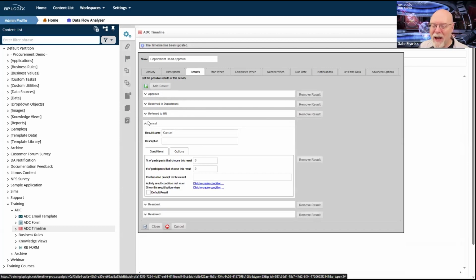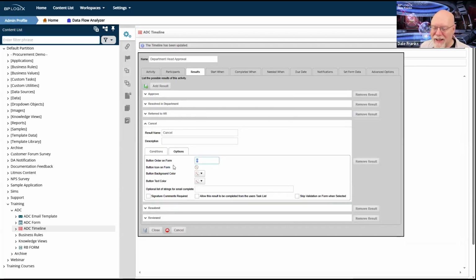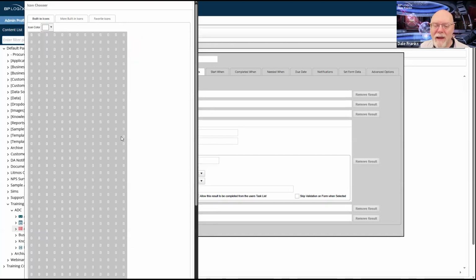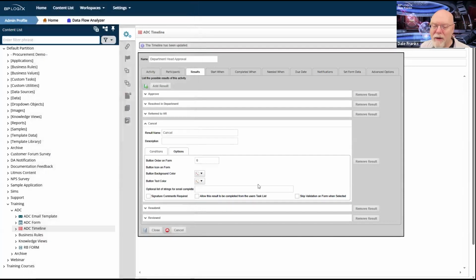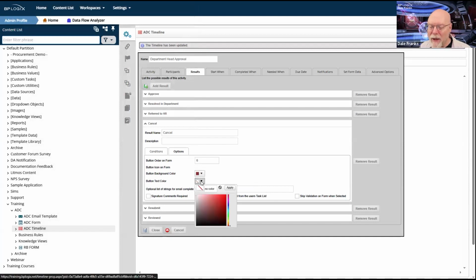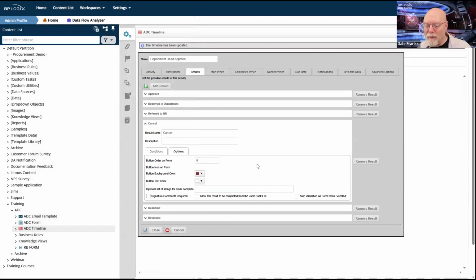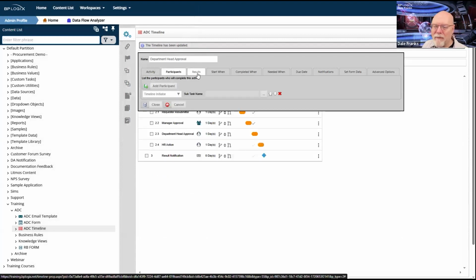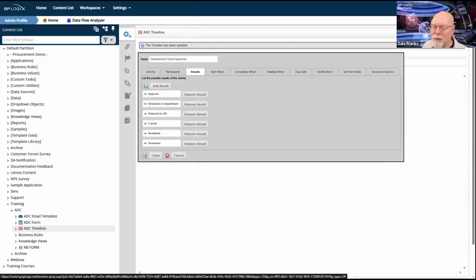Cancel is always last. If I have 6 buttons, then this needs to be button number 6. So button number 6, and I'm going to give it the X icon in white. So where's that X icon? There it is. And I'm going to make my button color some dark red color, and the button text color again, it's just going to be white for simplicity's sake, and cancel will always be last. So great. I'm happy with that. In fact, I'm going to have to resave again. All right. So resubmit and reviewed.